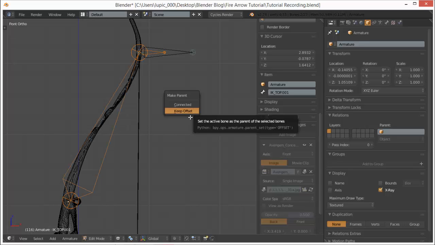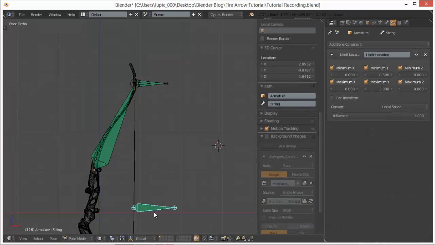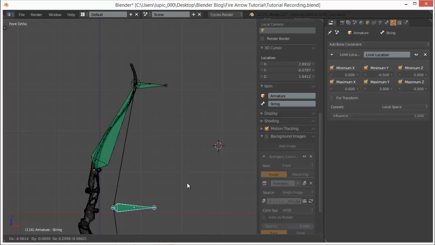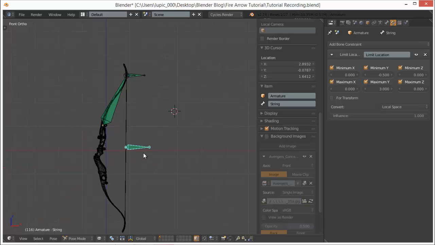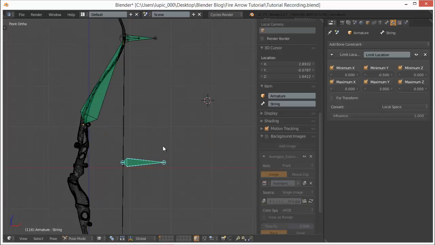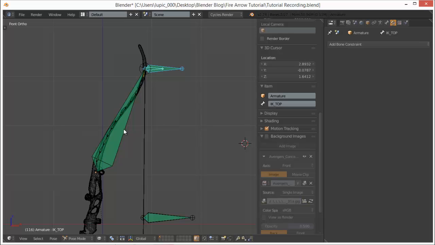Yes, it's very finicky like that. Just keep offset. Now, bam, just like that. Now when you pull this bad boy back, the whole thing bends with it. And we just basically flip it, take this one, and this one,